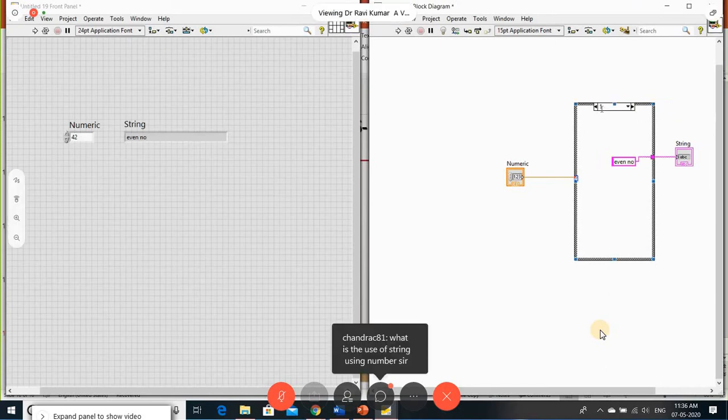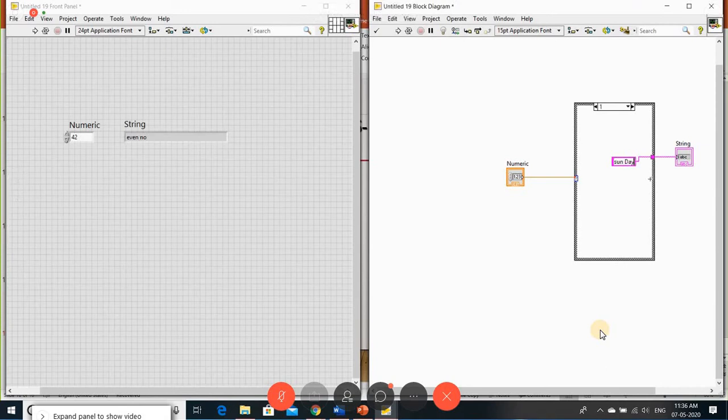First, your numerical is 1. What are you supposed to do with this? Let me do it for Sunday. I want to display Sunday. Same way, next, after this I need to add the second number. How am I going to do this?